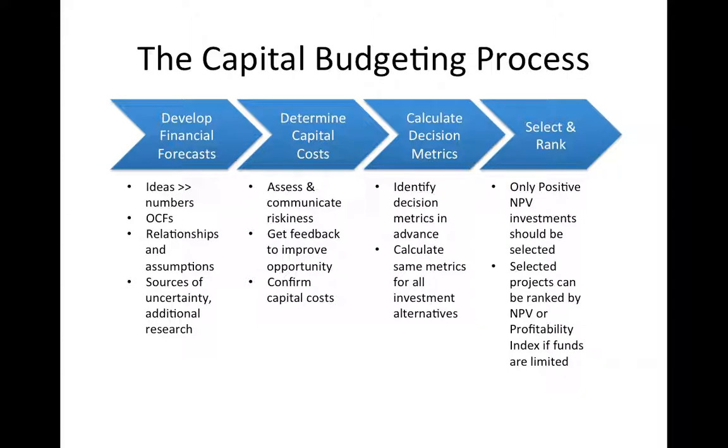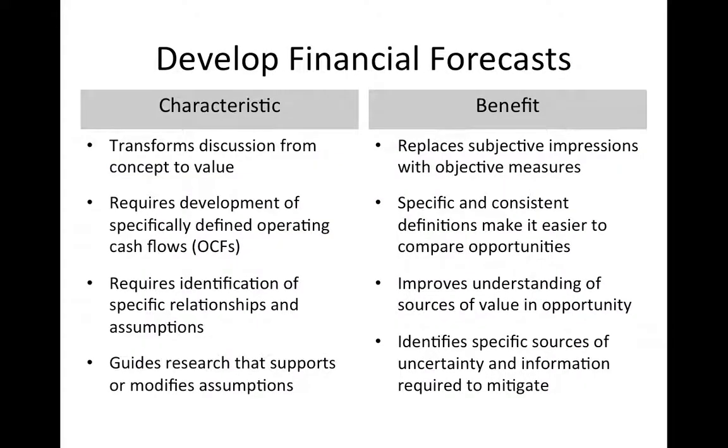All right? And so you can see then the next step after you calculate the metric is to actually take the decision. And so the first part of the decision is, do we do the project at all? Should we do it at all? All right? And that's really either a financially viable project or it's not. And then separate from that, you may wish to rank the projects in some particular way, just in case maybe you don't have enough funds or you have some other constraint that doesn't allow you to do all of them, so that you can identify which ones you would prefer to do more than others. So how do these steps help?